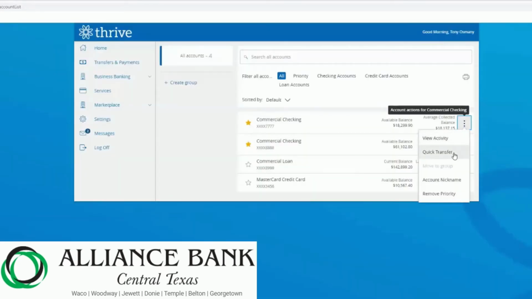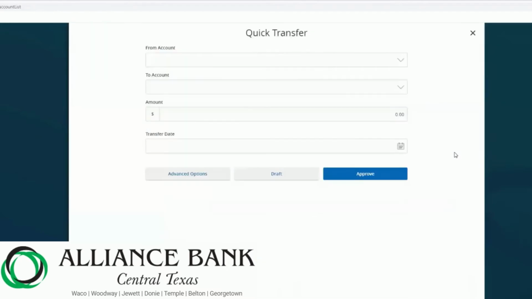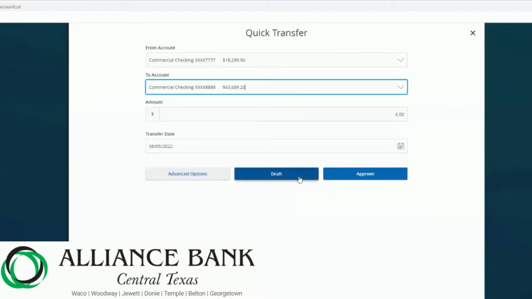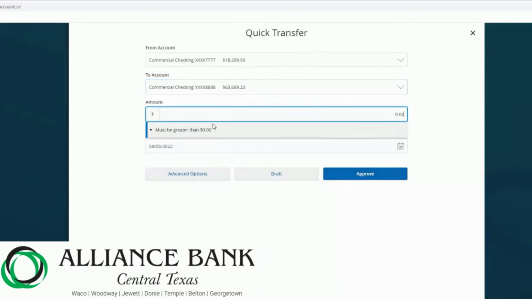Next, we have the quick transfer option. This will allow you to just right from this menu here, create a transfer between the account you've selected and any other eligible account here. So you can go ahead and set this up. And if you have the correct permissions, you can draft or approve it based on what your user role allows you to do. So obviously you'll set that dollar amount here